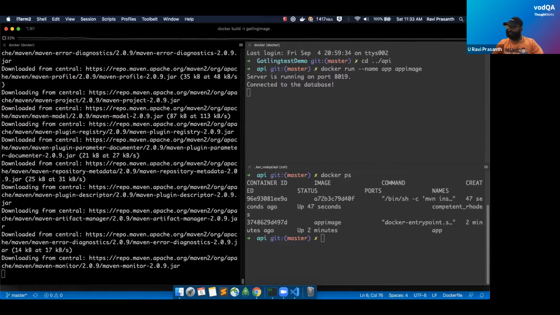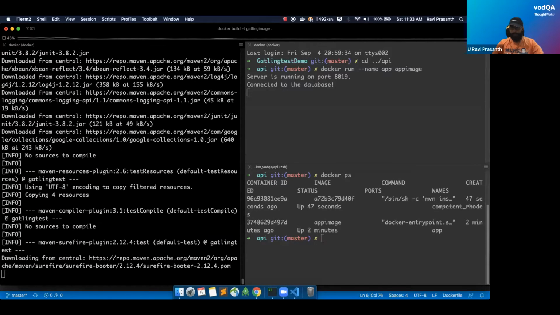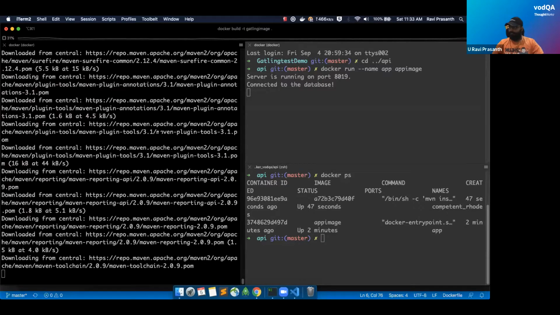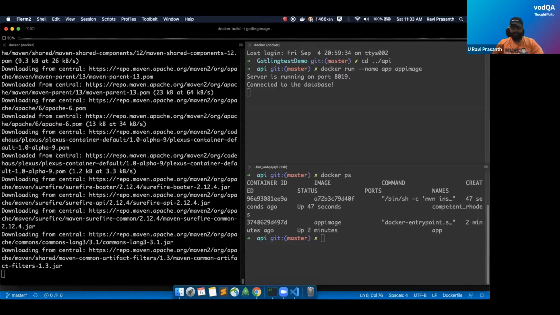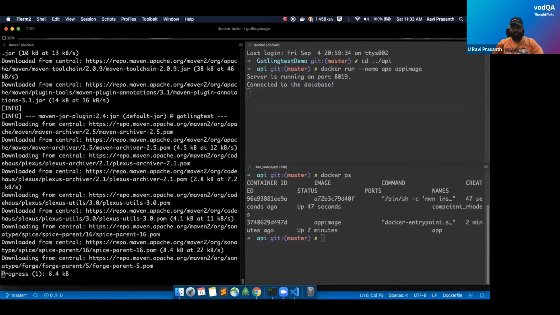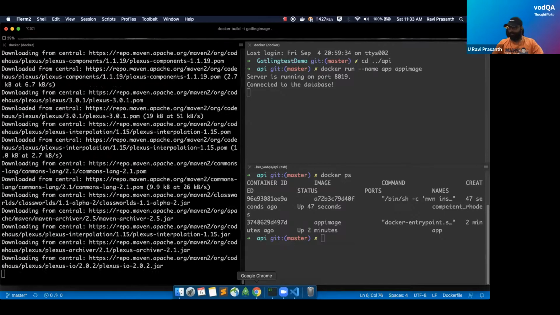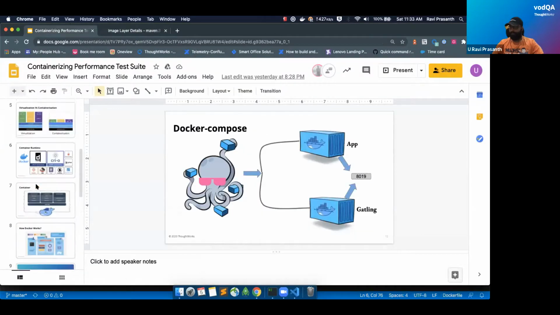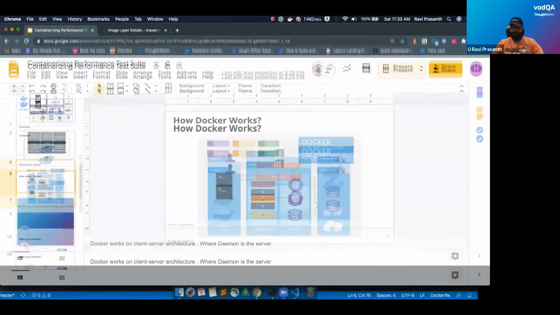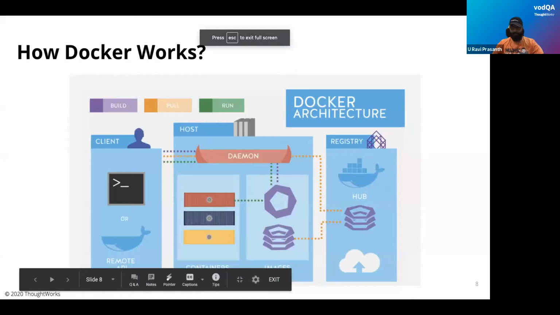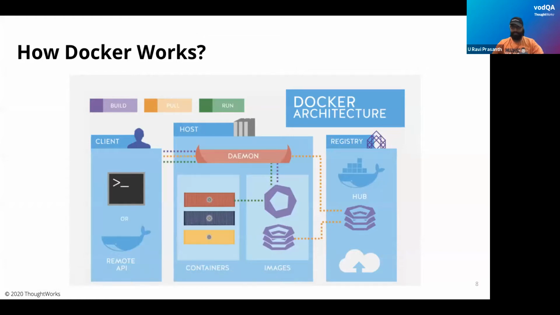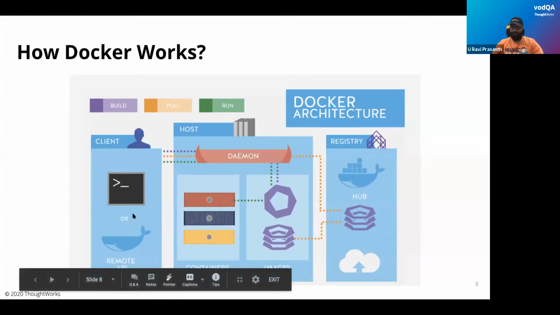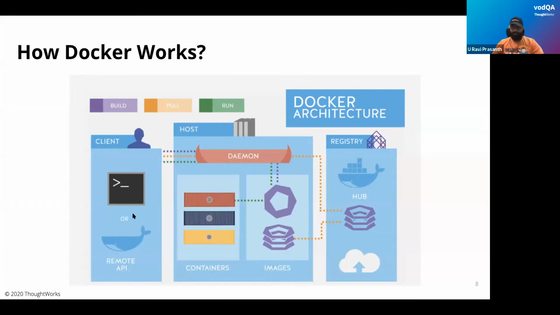Is there a question? Okay, I see one question. Can you show me the life cycle of Docker again? Of course we can. We'll utilize this time and show it. Sorry if I'm spelling it wrong. If you want me to explain this again, maybe we can. Okay, so this is the life cycle of the Docker.